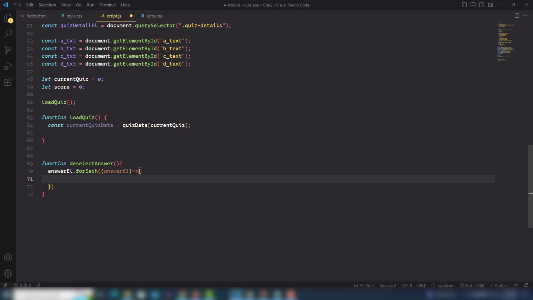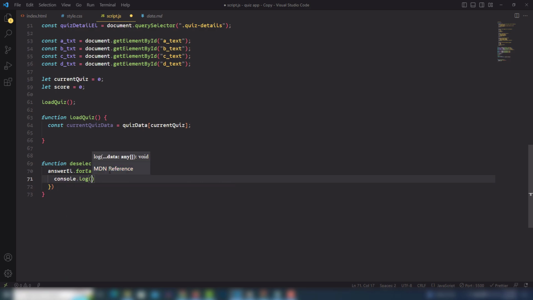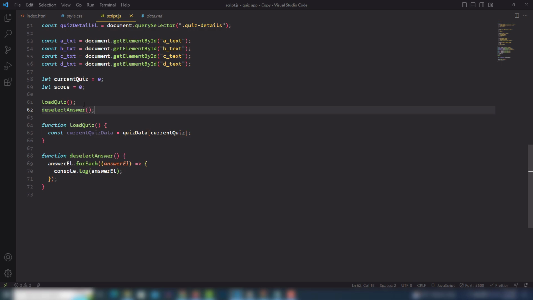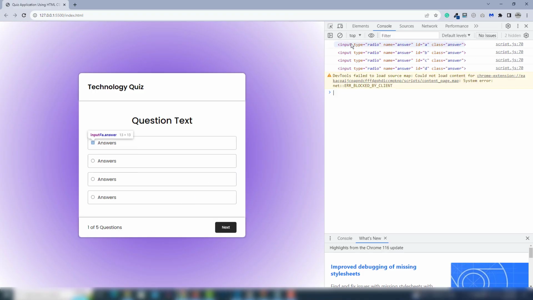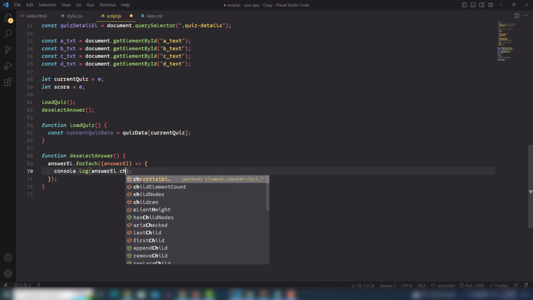Inside that, first I'm going to show you console.log, and I'm going to use answer element, and I'm going to call this function also there. So, and I'm able to see the first radio button has an ID of A, B, C, D, right? Different questions have different IDs. So I need to get the ID. So I need to add dot checked,